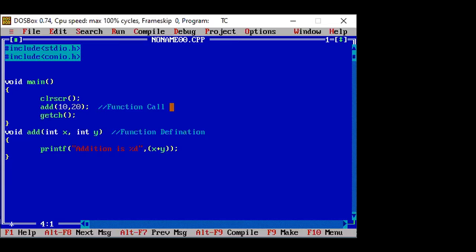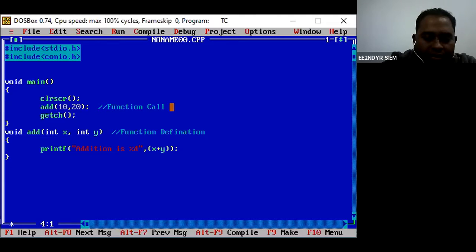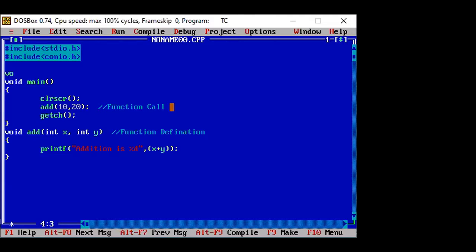Before that, I'll just write void, the name is add, and then int, comma int. So what is this? This is a function prototype.